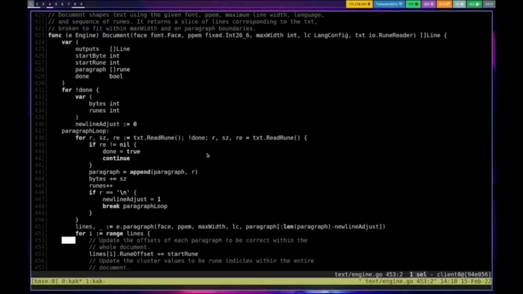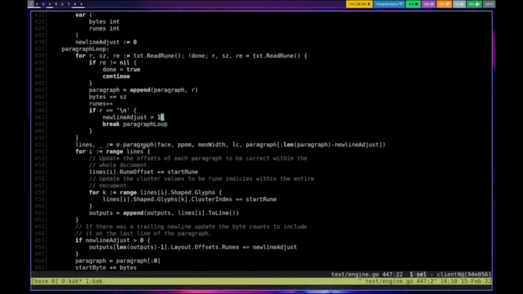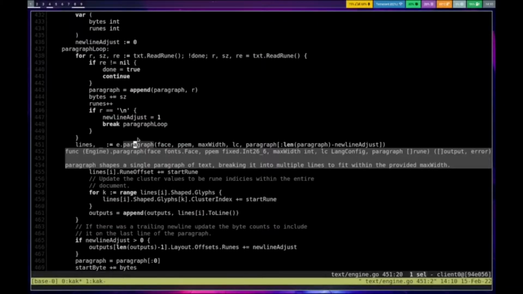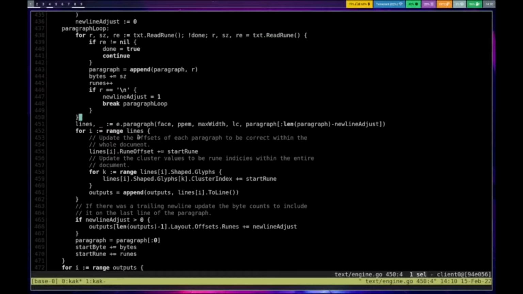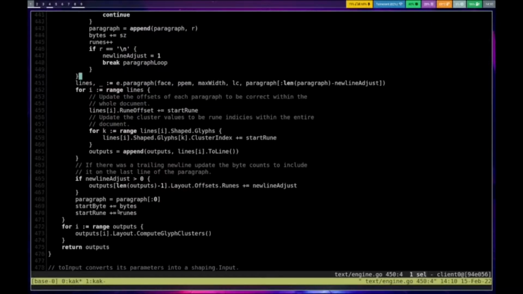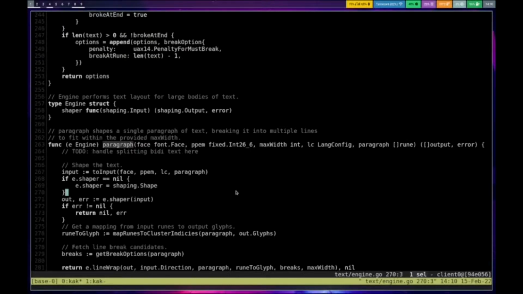So what document actually does is pretty simple. It just reads your text looking for the boundary of paragraphs. And when it finds the boundary of a paragraph, it calls this function to shape paragraphs, and then does some offset math and returns it to you. So the more interesting work happens not here. Paragraph